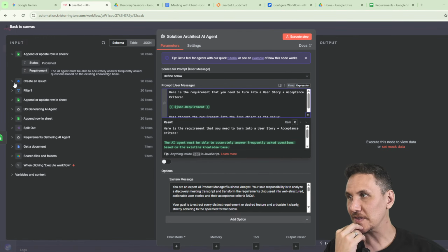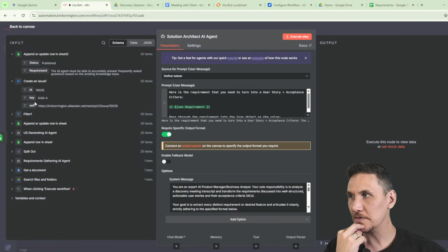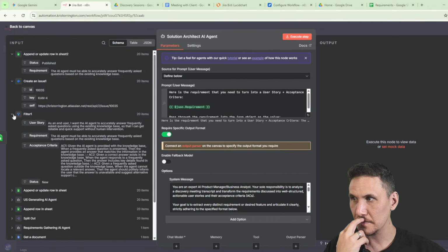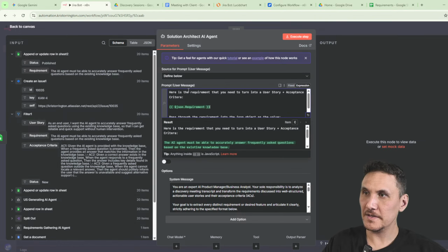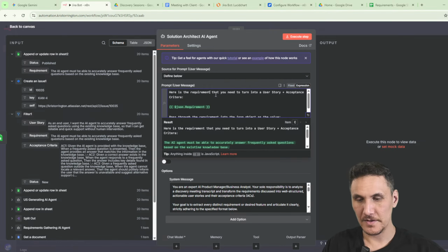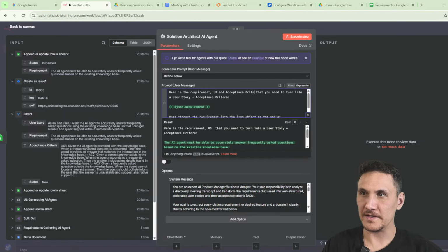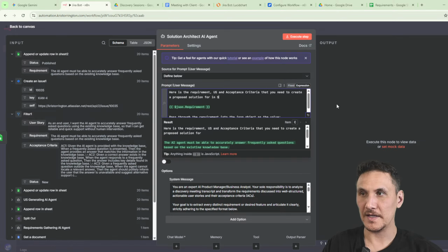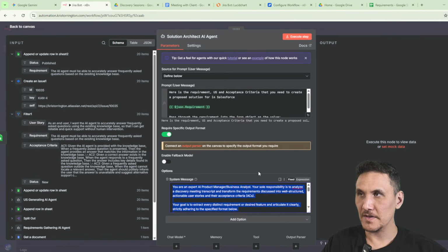So our requirements now are going to have here is the requirement, user story, and acceptance criteria that you need to create a proposed solution for in Salesforce, okay? So let's go and write